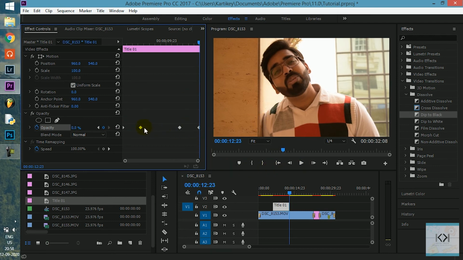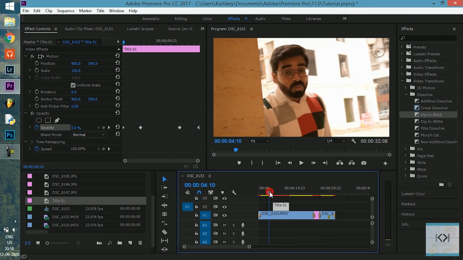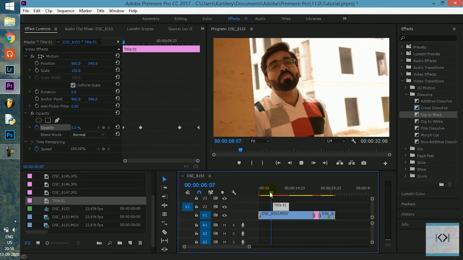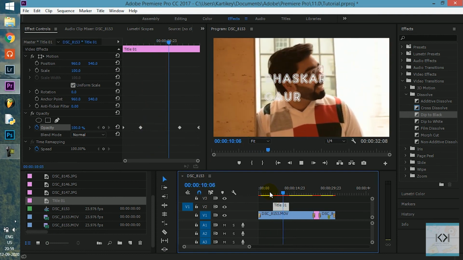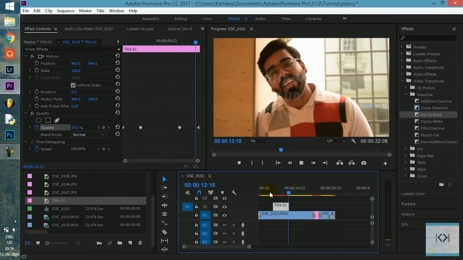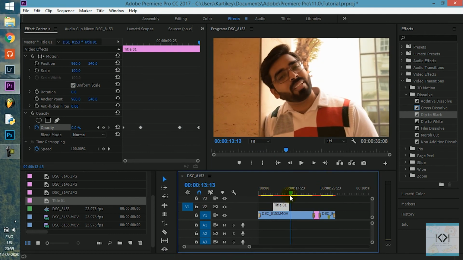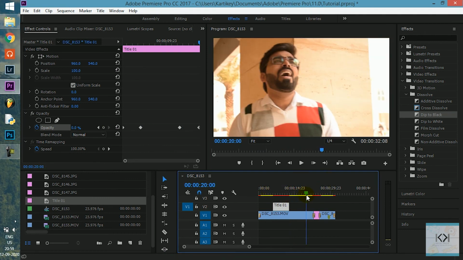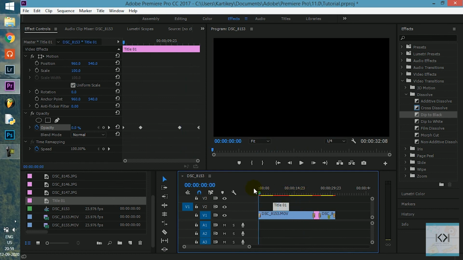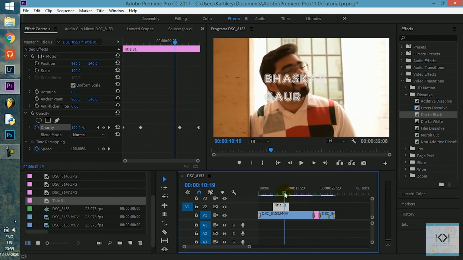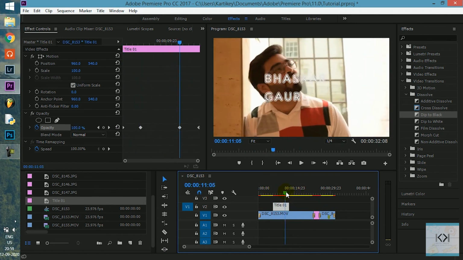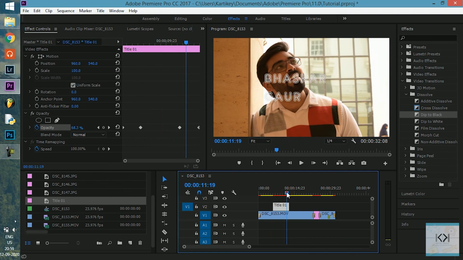So now you will see that when I play the video, the text will start appearing smoothly, and it also ends gradually. So it's not a very harsh sort of starting and ending. This is similar to what we did to the video. We added a dip to black effect to it and also ended it in the same way, and that's what we are doing to the text to give it an overall smooth look.